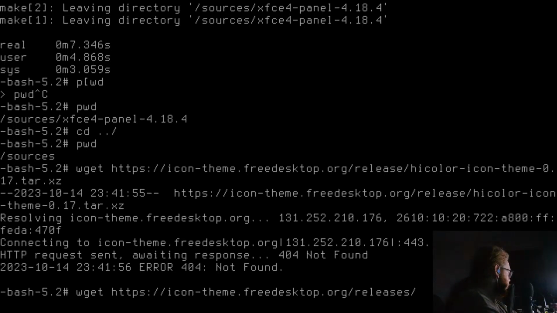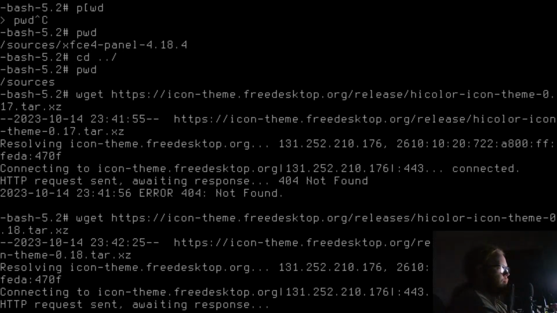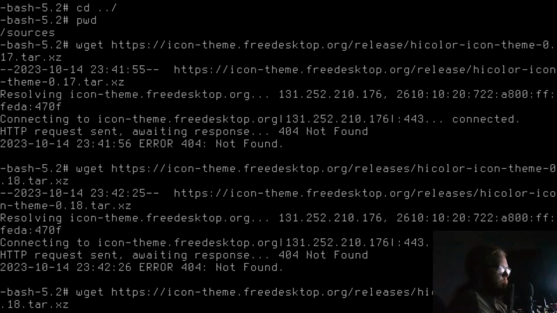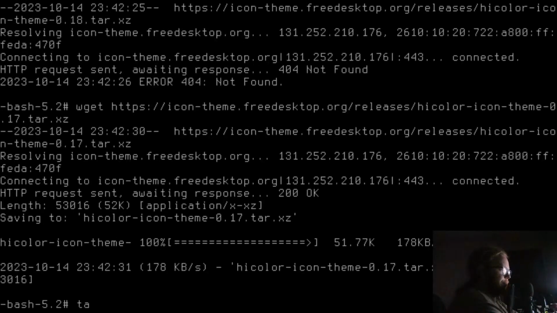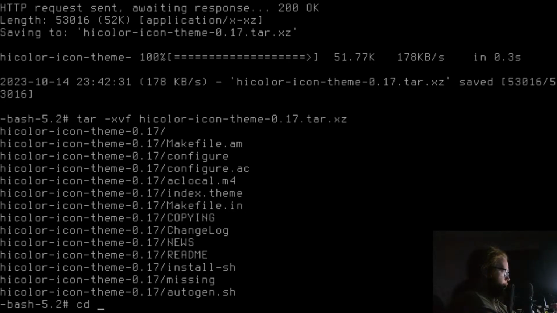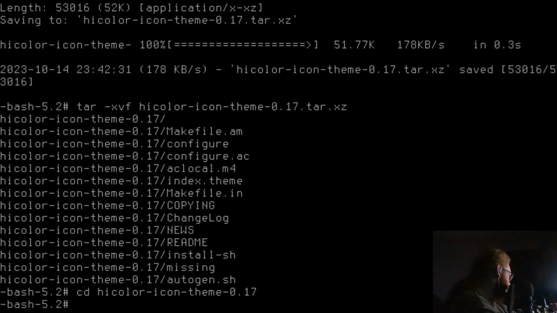Releases, hicolor spelled wrong, icon-theme-0.17.tar.xz. 17, not 18. There we go. tar -xvf. Yeah, I realized I made that mistake after the fact.